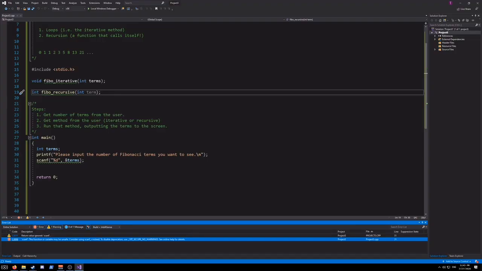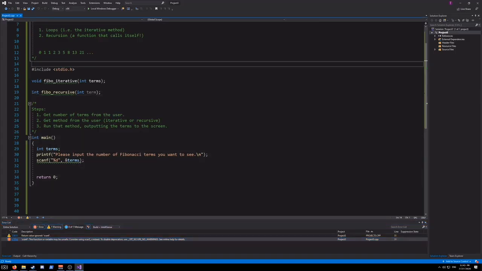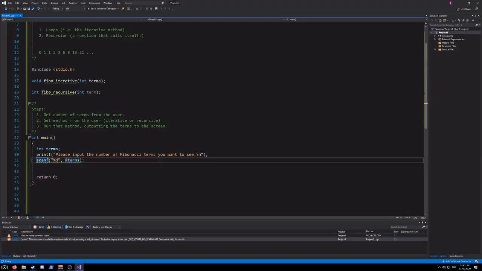What I did last time to disable this was I just did a pound define, that told the compiler to ignore those warnings. This time around, I'm actually going to do the memory safe thing. So the reason scanf is not memory safe is because when you